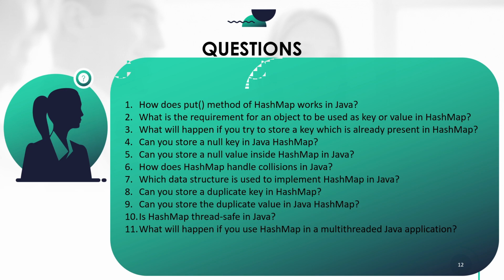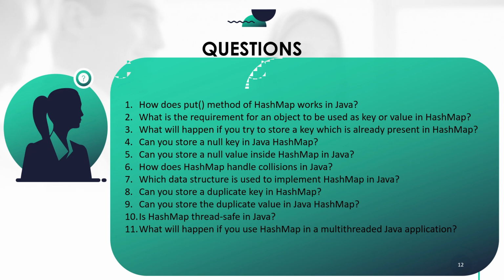If it is already present, it will override the value that was already present in that particular entry for that key. Otherwise, it will create a new node in the form of a singly linked list and insert it on that particular bucket. Apart from this, in Java 8, instead of the singly linked list, it will actually use a self-balancing binary search tree for that implementation, which is better in performance. Now let's move on to the next question.